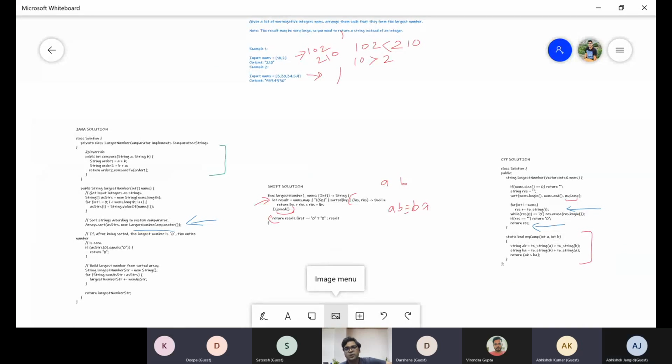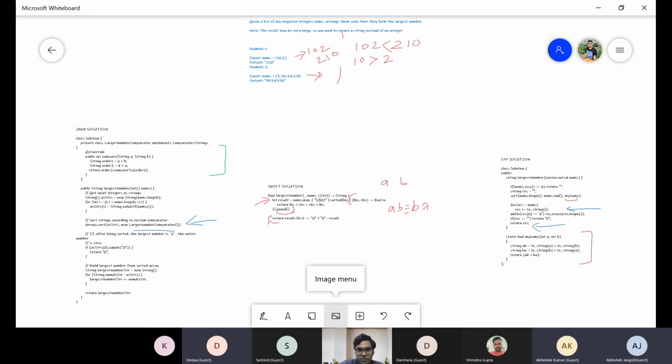As I told you in the question itself, if you try to do the sorting, what will happen for the first input 10 comma 2? The output would be 10 comma 2 only if you do it in decreasing order, and if you do it in increasing order, it could be 210. For the first input, the answer will be correct. But for the second input, what will be the output? The 34 will come to the front, or the 34 goes to the last and 3 will come to the front. So in both cases, the output is wrong.